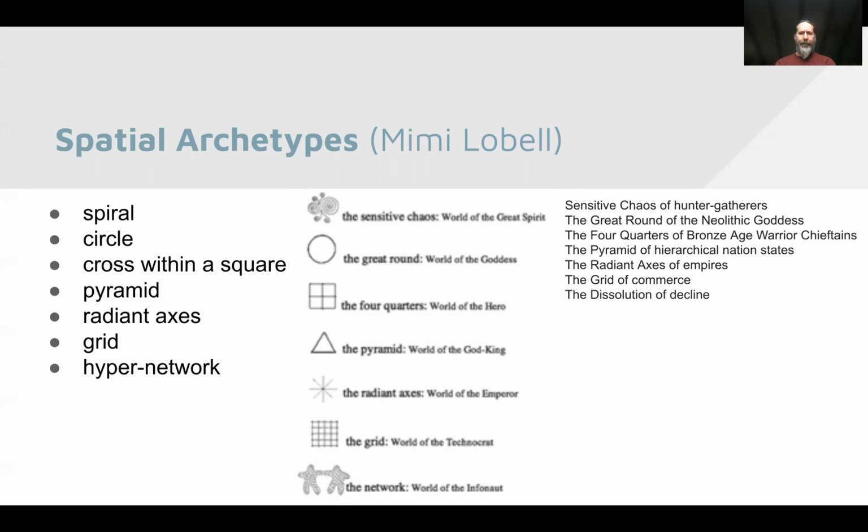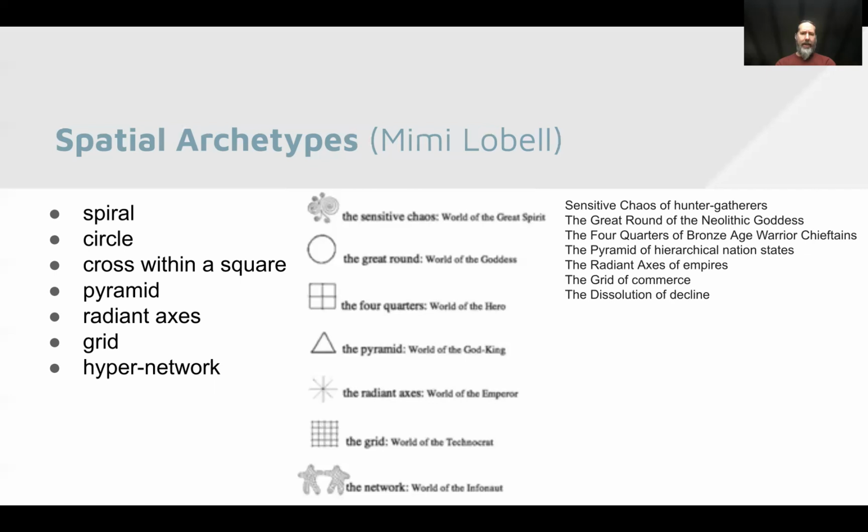In the Bronze Age, when you had warrior tribes and early city-states and early group gatherings, people started dividing things into four quarters. The world of the hero: there's a central figure here, and this is your domain.